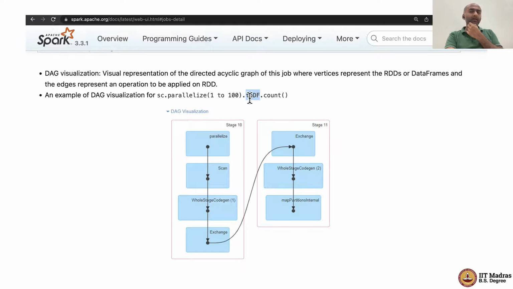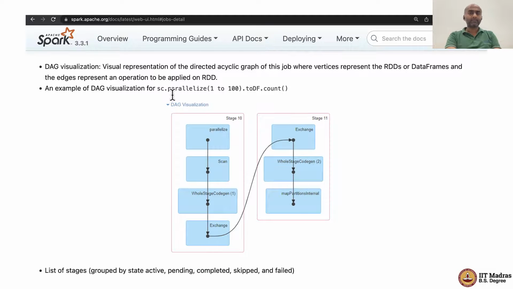And then on that data frame, I'm doing a count. So obviously I'm expecting the answer to be 100, right? It's a toy program, but it's intended to demonstrate what the DAG looks like. So here, the DAG is being created without any,